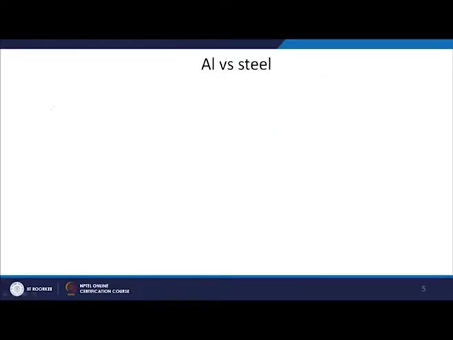Before going further, I want to discuss two very important types of stress strain curve. One which you can see in an aluminum material, and one which you can see in steel, plain carbon steel or mild steel, because these two are very important distinctions. So let me draw it. This is my strain and this is my stress. One we have already seen, which is like this.